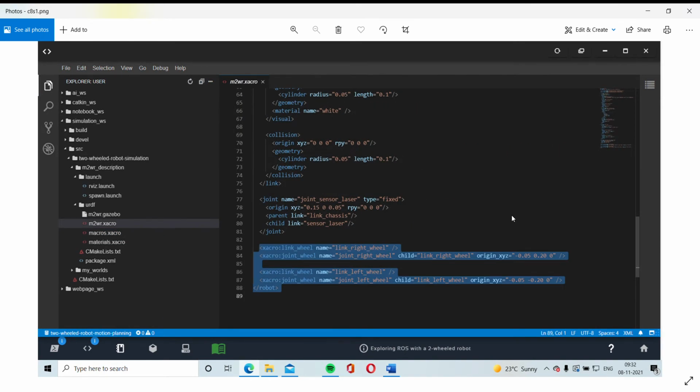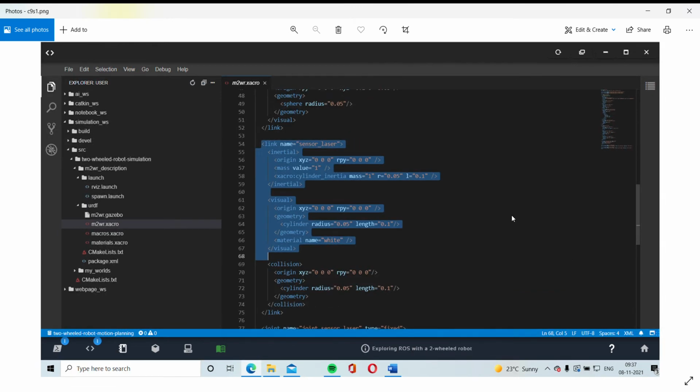We'll use these macros in our robot description file. To use the macros, we'll replace the link elements by the macros as follows. The above code is much shorter than what we started with. We replaced the initial description with a shorter code. We have only used a few of the features available in Xacro description.